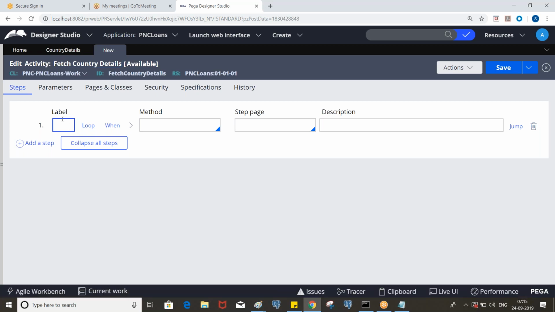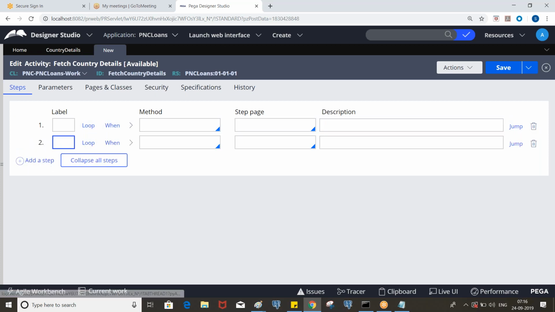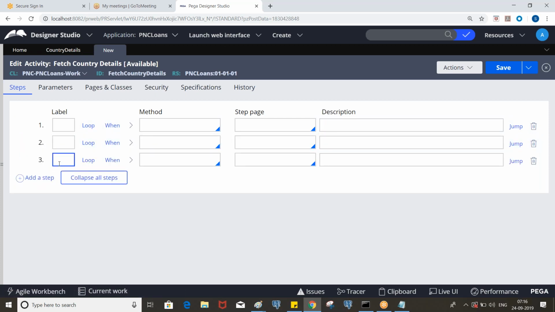Okay, let's say we have 10 steps, and based on the first step condition, we need to determine whether we have to directly go to the 10th step or execute step by step, or any other step directly. In that case, we need to specify the label in the condition, so that when the condition is satisfied, it will directly go to the step where the label is specified. Let's say in the first step condition I specified the label called ERR. It will directly jump to this one.